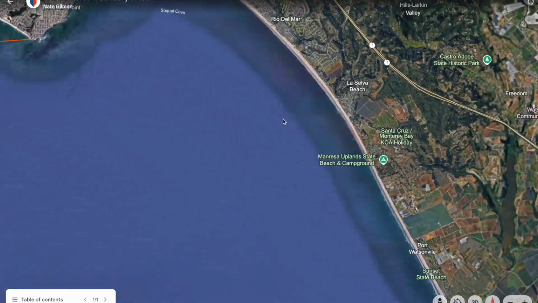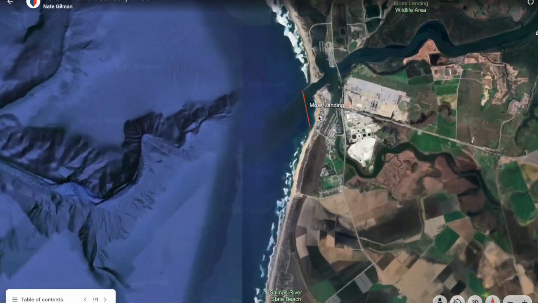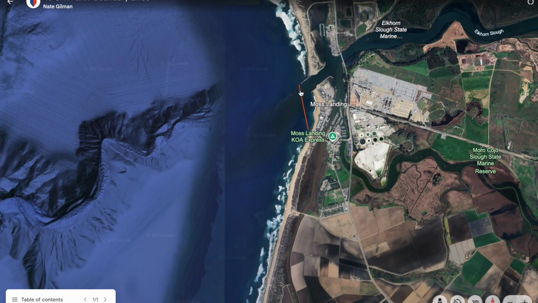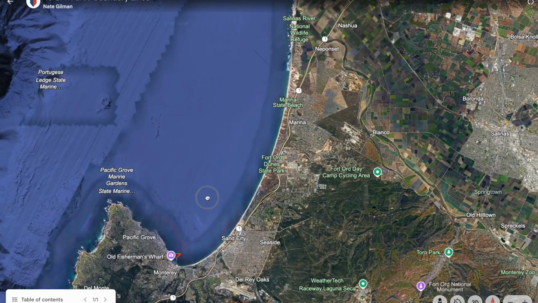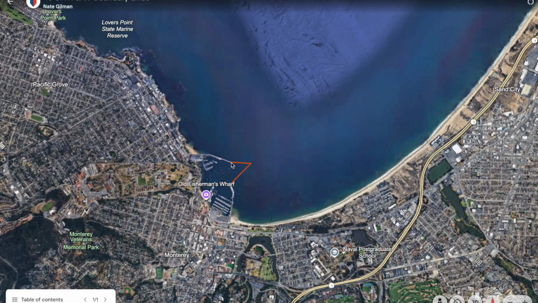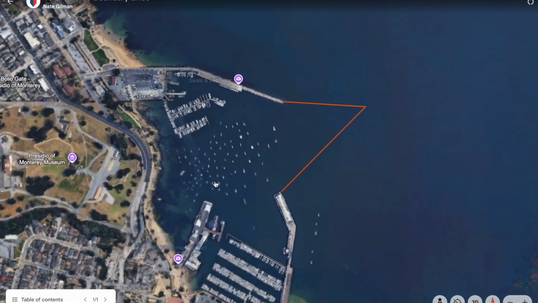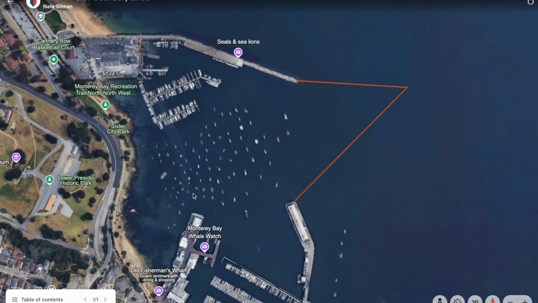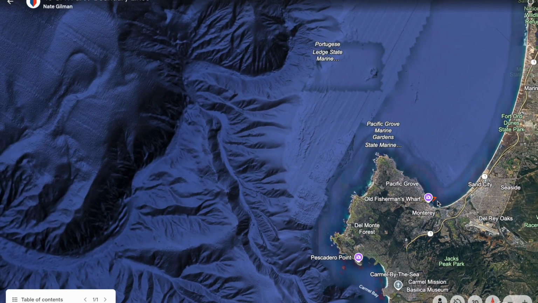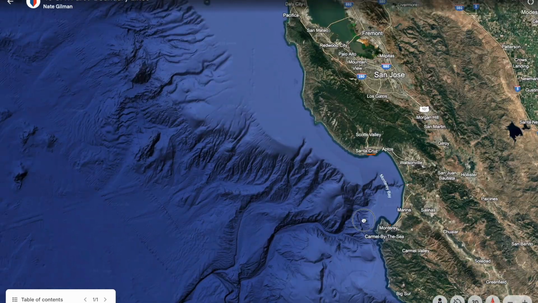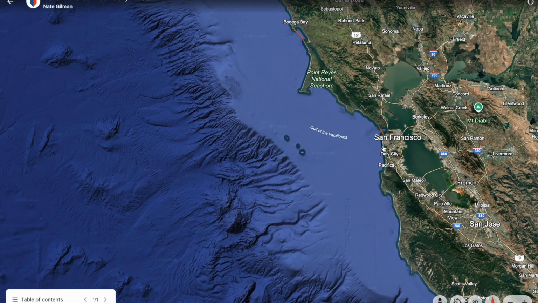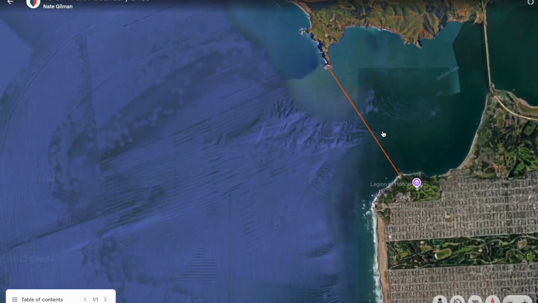Coming around, we'll see that at Moss Landing, there's the line coming across where if you're up in the slough, it's going to be inland. And this is all near coastal if you're off the slough. And the same thing down here in Monterey, right? So if you're within the small little wharf and you're inside the boat basin, you're going to be in inland waters, and then all the rest is going to be near coastal waters going all the way around and all the way up.